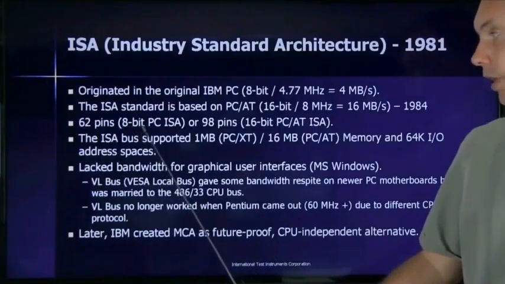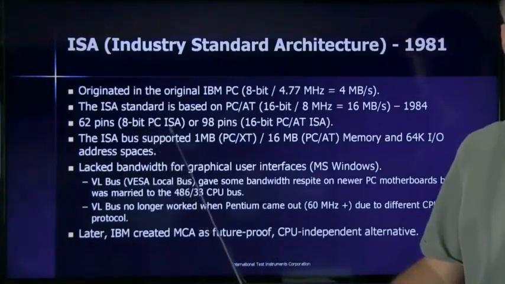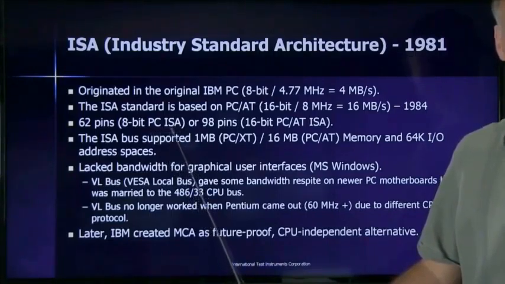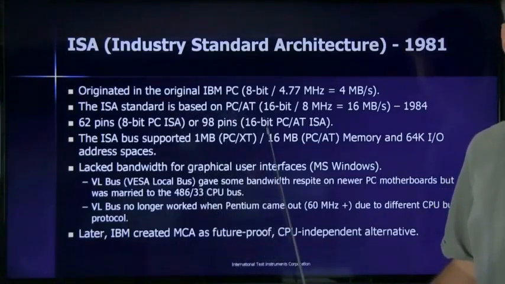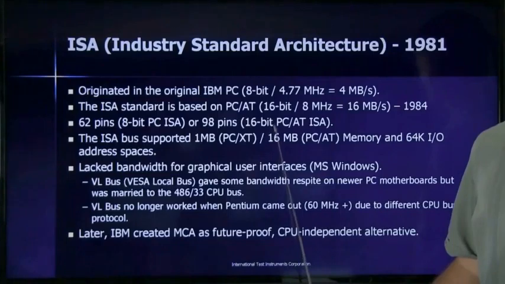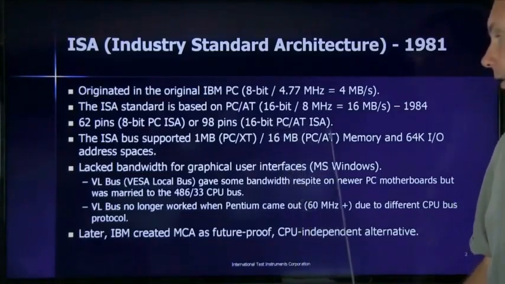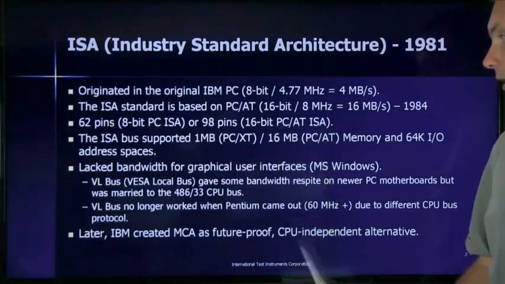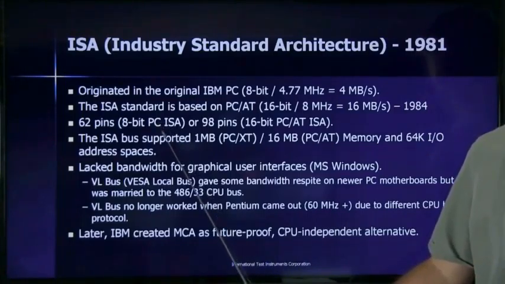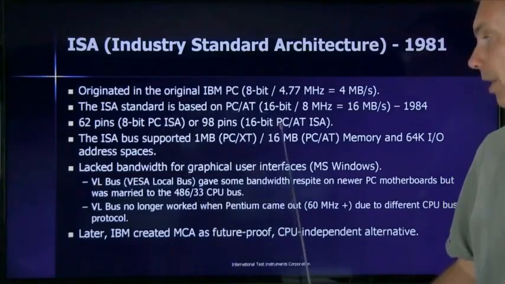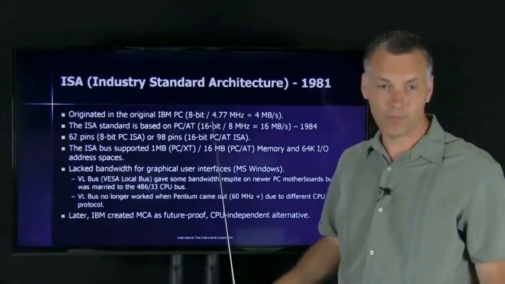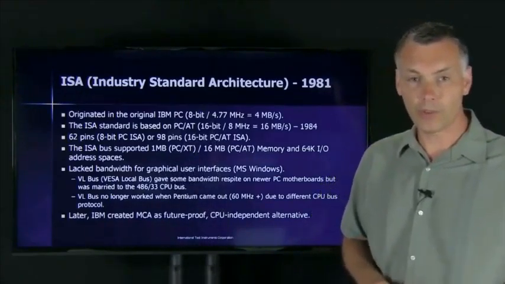There are two versions of the ISA card. The original 8-bit, which was used for the 8088 or original IBM PC. And you also have the 16-bit extended cards from the PC-AT, which is technically the only true ISA bus. The original one is not technically part of the ISA standard. Only the 16-bit one is actually spelled out in the standard, but commonly we call both of those card versions